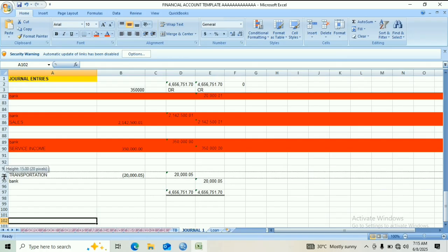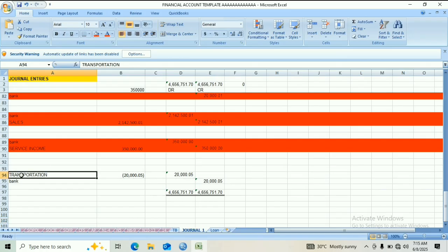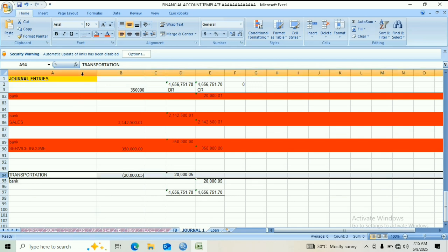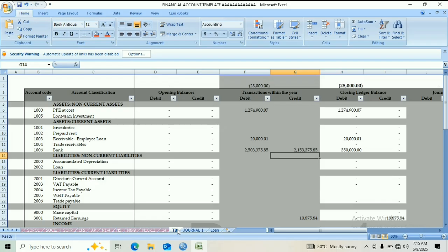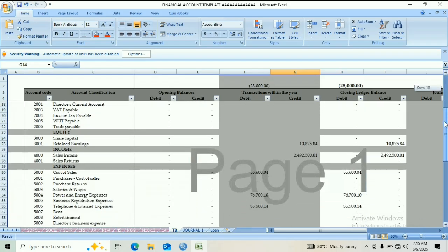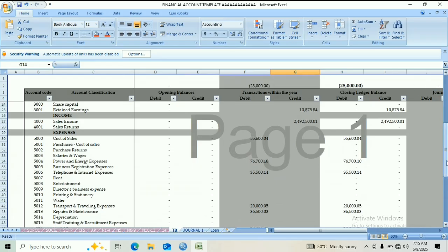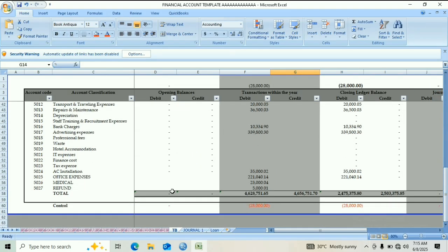Let's mark it out. 1, 2. See, we've done all the transactions. We've marked everything out. We've done all the transactions for this particular journal. So the next thing we do here is, because we added some new items like the refund, the medicals, the office expenses, the receipt installation,